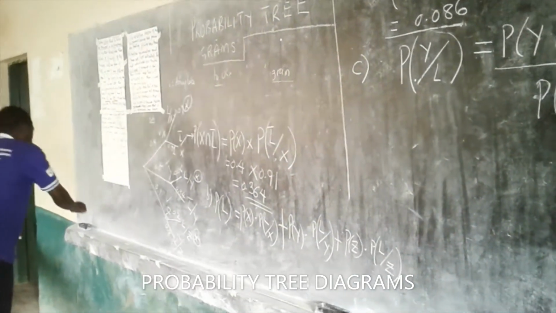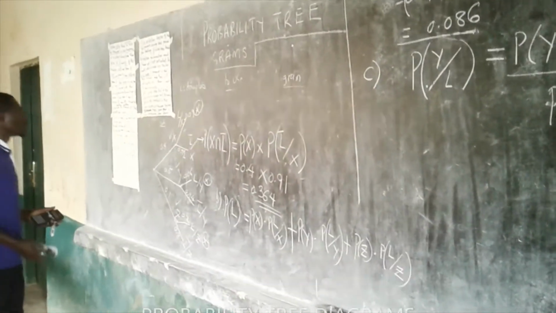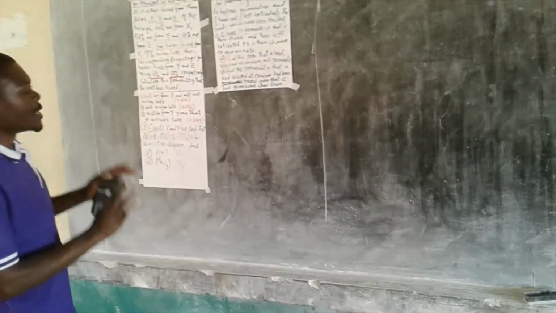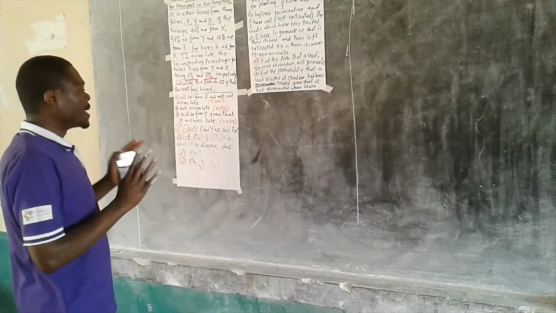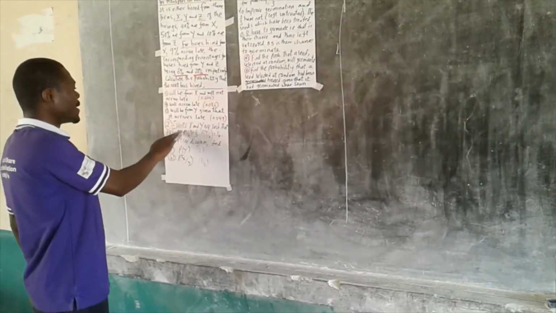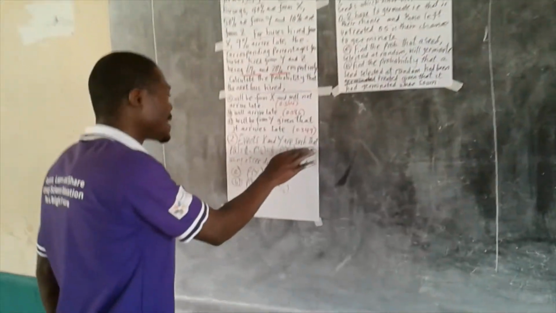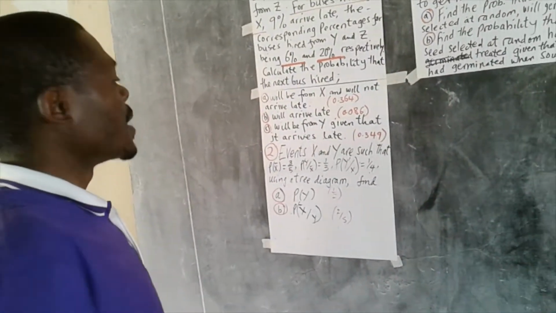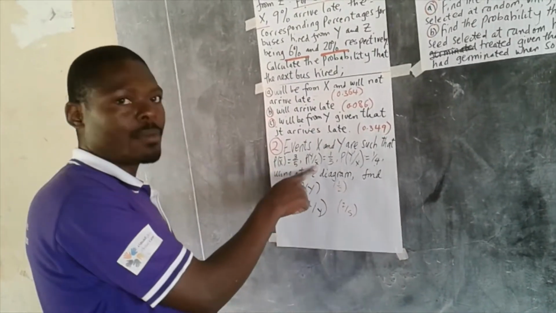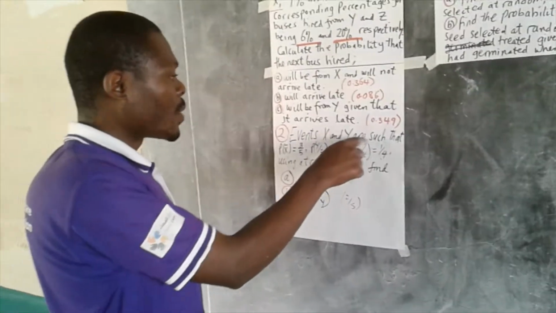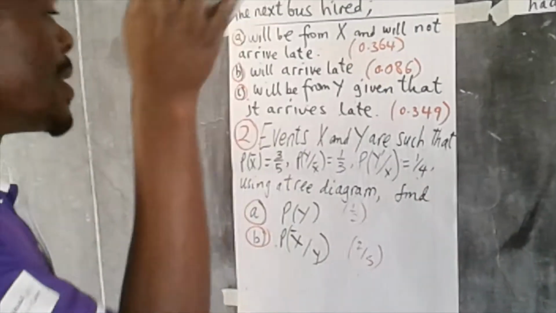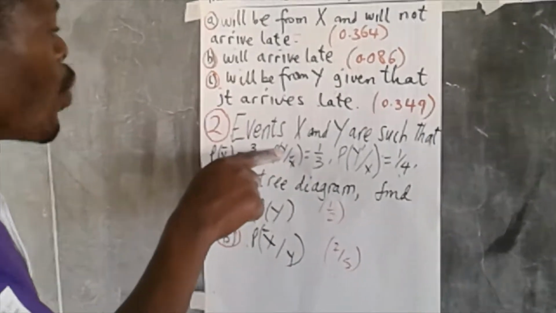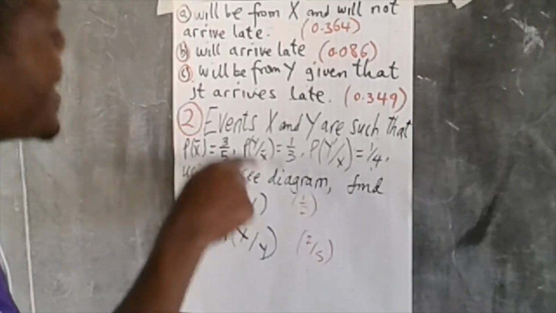Now we have got question 2. So we are done with question 1. Now I want to look at question 2, and we use a tree diagram to answer this probability question, where it goes that events X and Y are such that probability of X complement is 3 out of 5. Probability of Y given X complement is a third. Probability of Y complement given X is a quarter. And we say that probability of Y given X complement means that event Y occurs when X complement has already